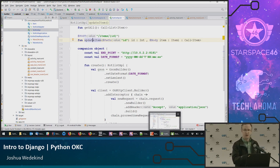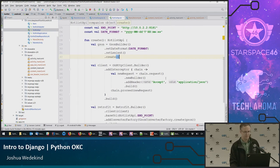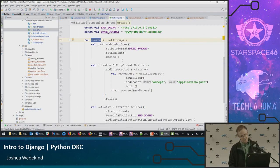And these are going to be properties on the class that will be shared across all instances. So it's effectively like a static method, except it's not. So, just kind of syntactic sugar on that. So we're going to call a create method. This will be our way of getting an instance of the Retrofit API, and